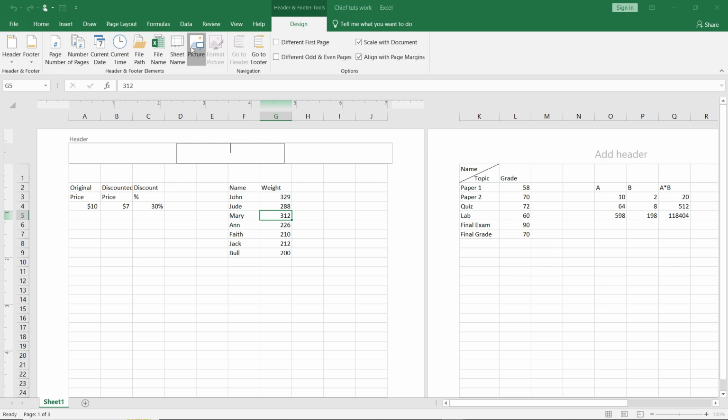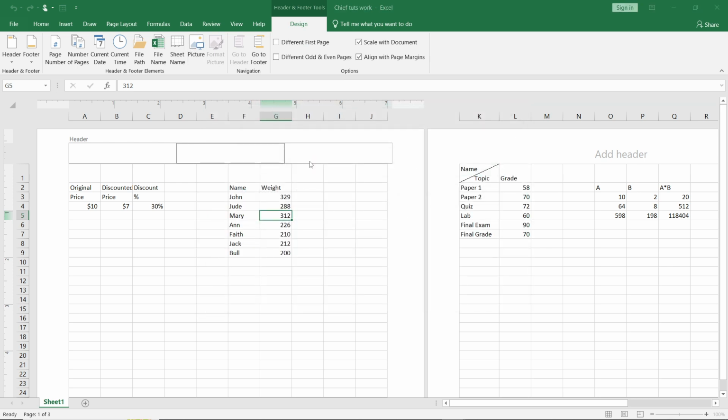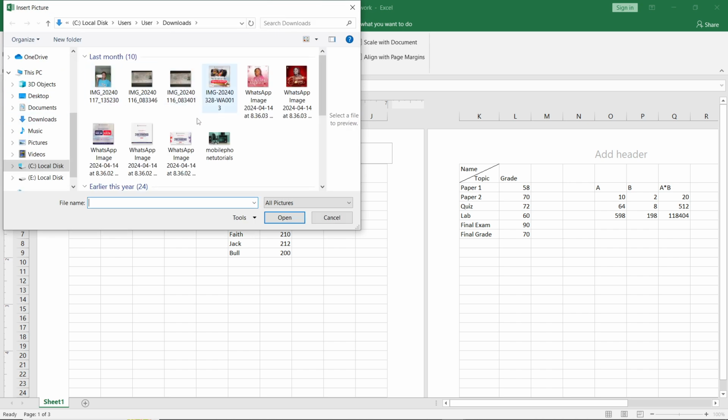So select picture, and it says it's loading, so I'm just going to select from my file. So heading over to my file, and let's say I'm going to click on this as my watermark, and